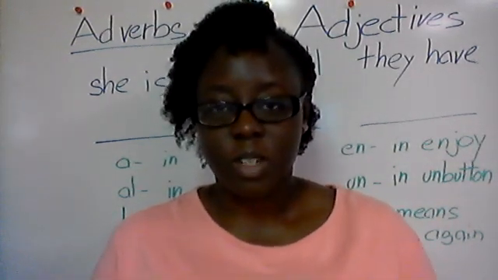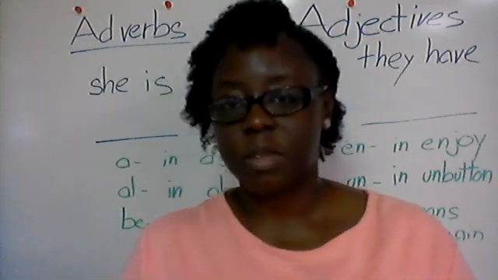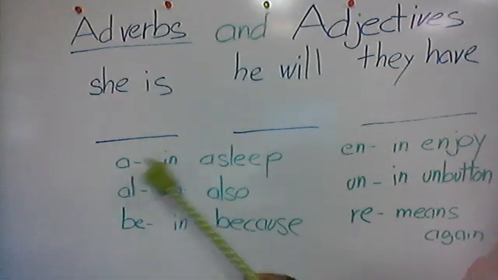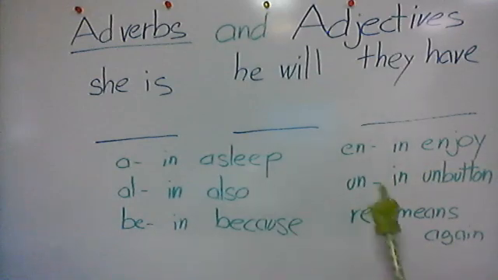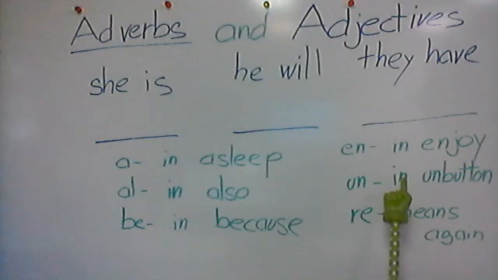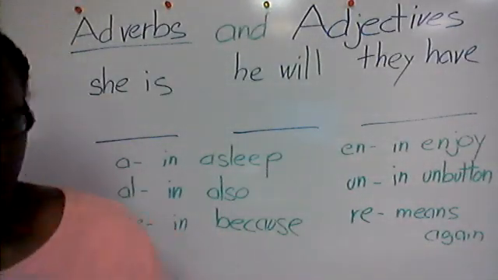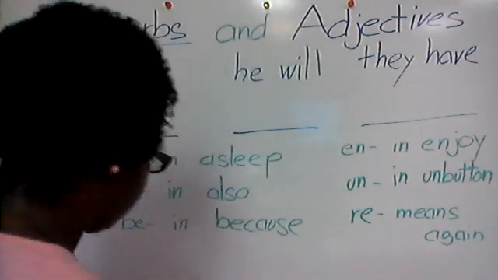Today we're going to be doing a lot of review, starting with some special sounds that you've already learned. Over here on the board I have a and asleep, all and also, be and because. On the other side I have en and enjoy, un and a button. If you haven't already noticed the similarities, these are all prefixes. So this last one is not a special sound, but it is a prefix. Re, and re means again. Un means not. So I'm going to go ahead and erase the clue words that go with the special sounds